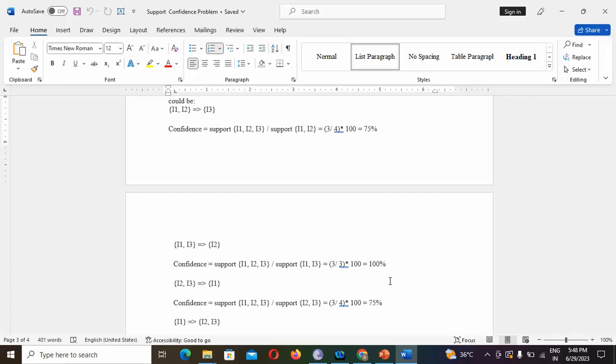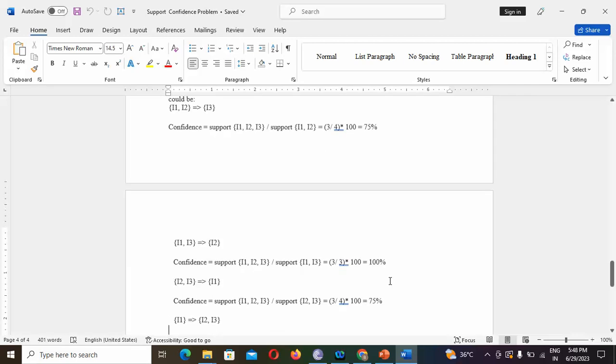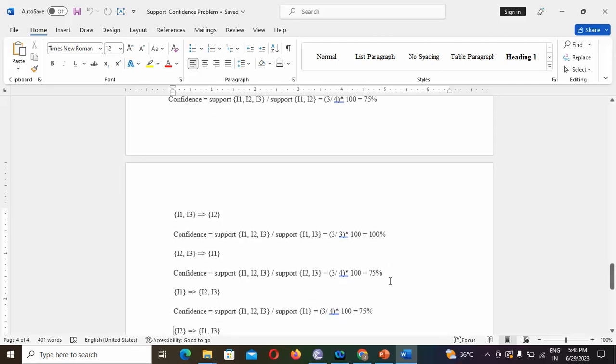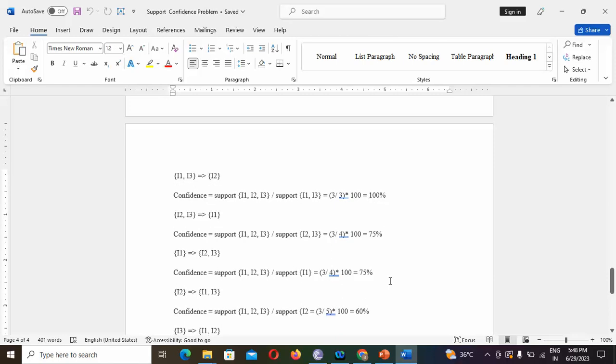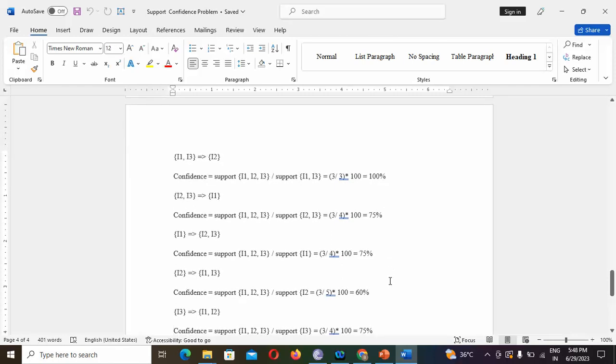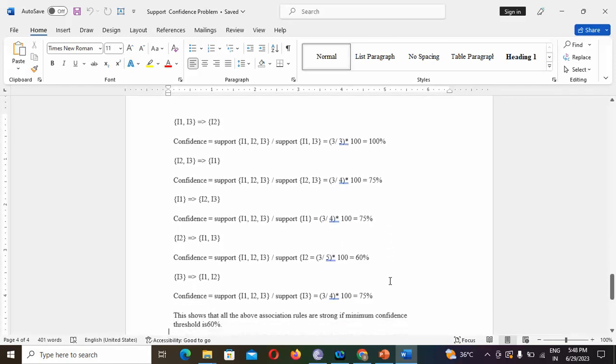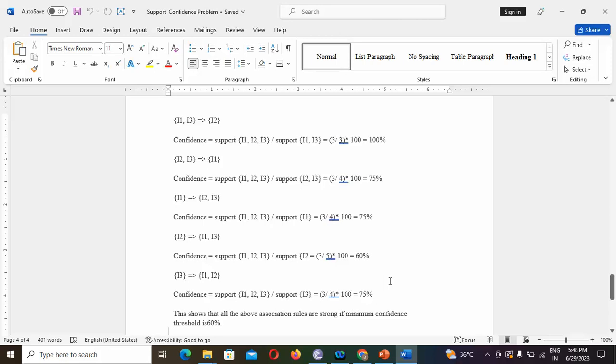Like that we are going to apply for all combinations of I1, I2, I3. So what are all the combinations of I1, I2, I3? I1 and I2, I1 and I3, I2 and I3. Again we have another combination, I1 implies I2, I3, I2 implies I1, I3. Like that, if you are repeating the same combinations,